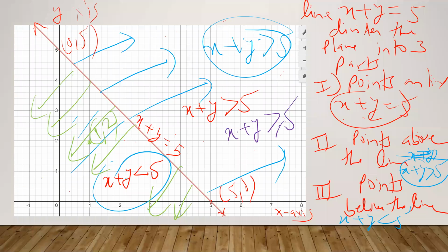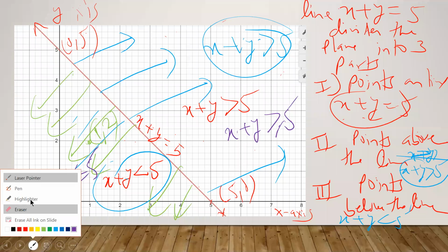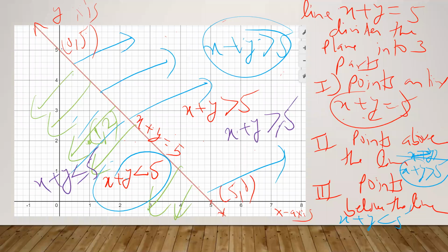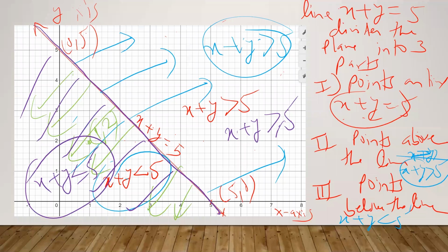Similarly, if I ask you what is x plus y less than or equal to 5, less than or equal to 5 means in this region. Less than 5 will also include equal to 5. So that will be all the points below the line as well as on the line. So this will include all the points on the line and below this line. Okay, so you can represent it by, say for example, all the points on this line and below this line,